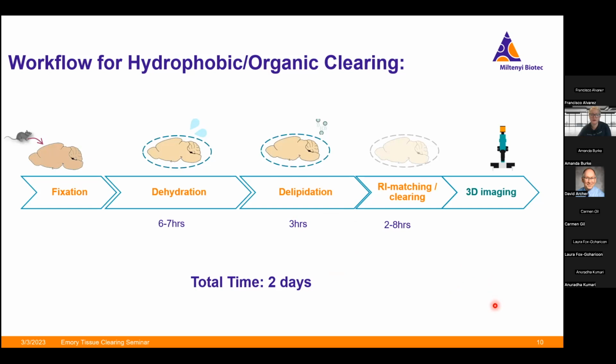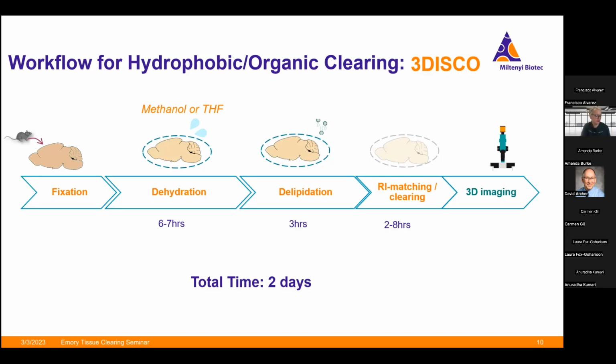So within this class of tissue clearing, one of the most well-known organic methods is 3-DISCO, which is essentially the building block of all these variations of DISCOs. Like I said, I'm going to be talking about iDISCO, but there's BABB-DISCO, there's FDISCO, uDISCO. So this is the essential building block where all of those protocols stem from. So with 3-DISCO,